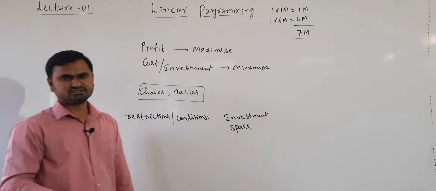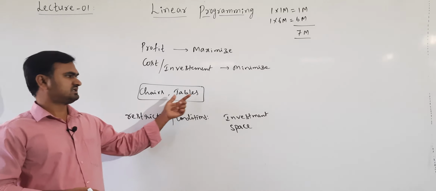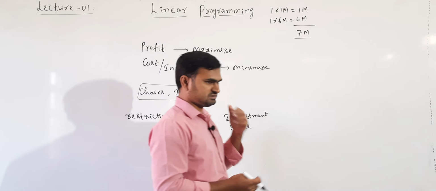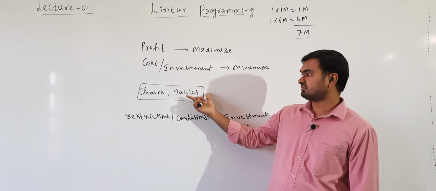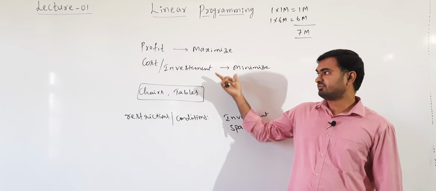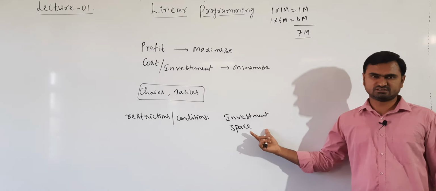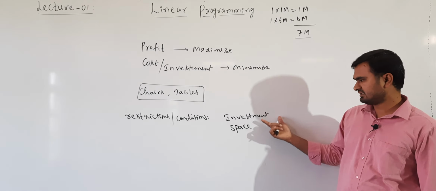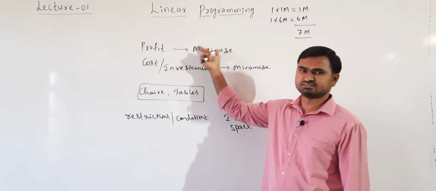You cannot accommodate, suppose, 100 units. Suppose you can accommodate only 40 units of chairs and 20 units of tables. So there will be some restriction on the number of units because of the space concern. In a small room we cannot accommodate more units, which means our profit will be less, so we have to consider this space restriction also. Utilizing all these resources, with minimal investment and utilizing all the space available, we want to get the maximum profit.